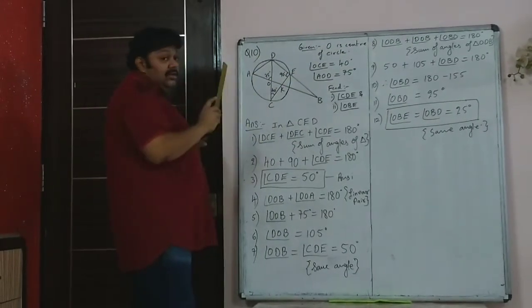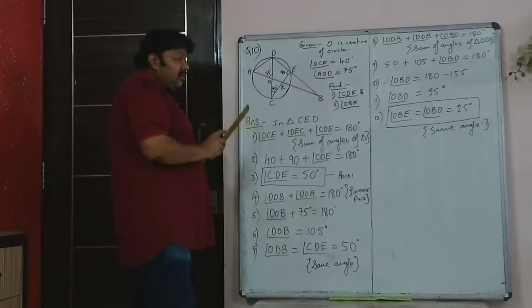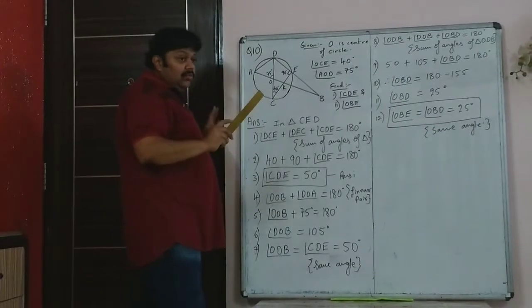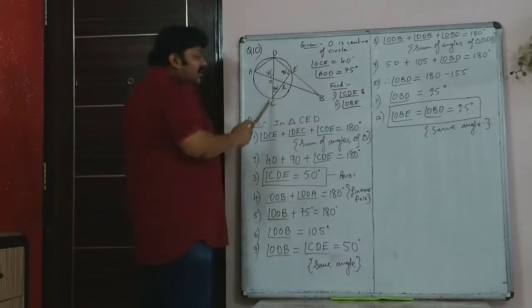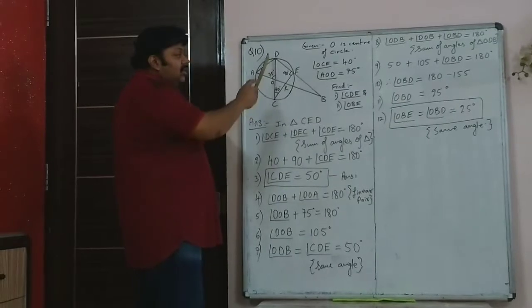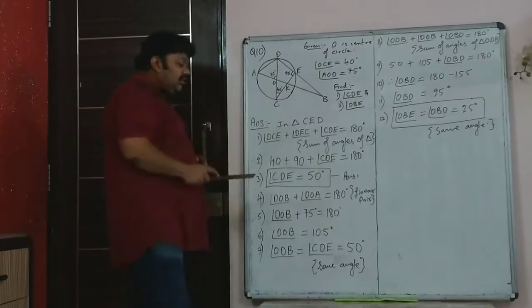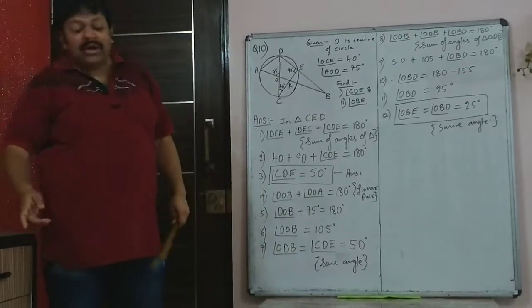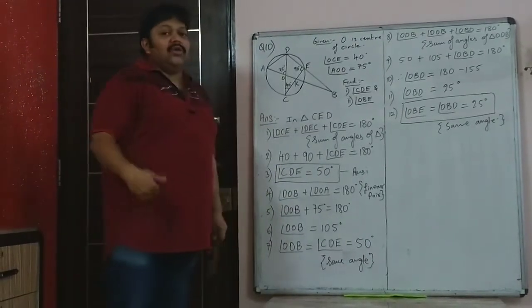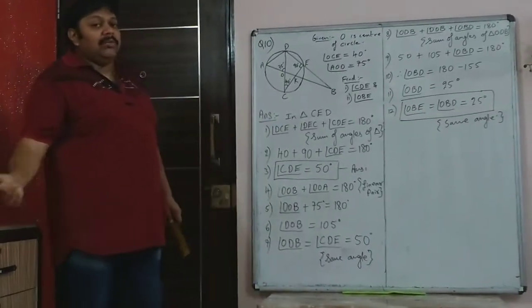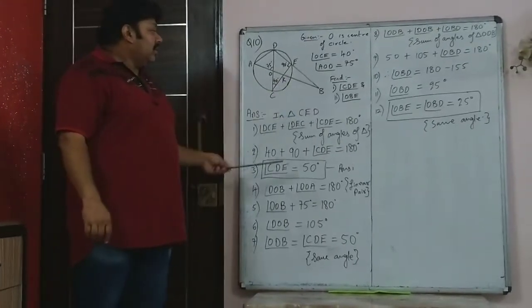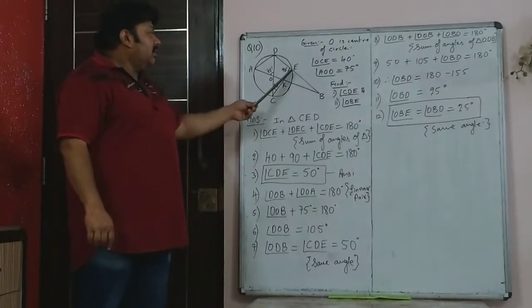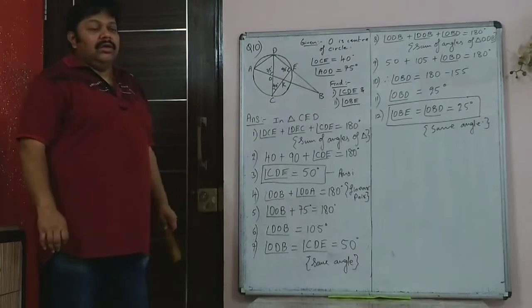That is why CD is the diameter. If it is not given, then you can't assume. So O is the center, so CD is the diameter. So you have CED equal to 90 degrees, but in the figure in this question it was marked as 90, so I have not written that step. Had it not been marked, then you have to write that angle CED is 90 degrees